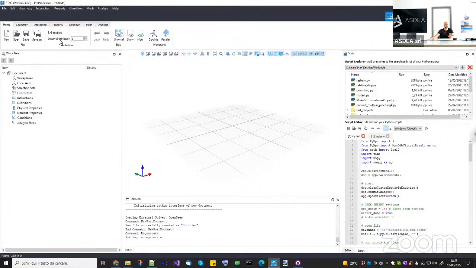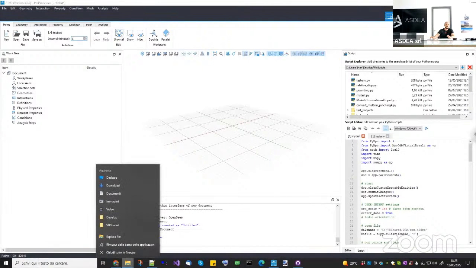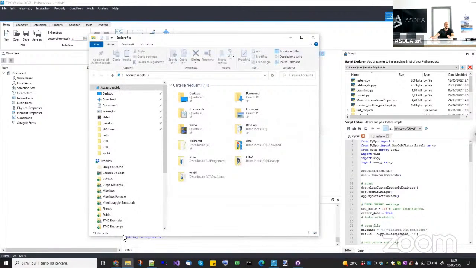Perfect. So now I have an autosave every 1 minute. Now I want to show you how it works. First of all, I want to show you where the folder with the autosave backup files is. You can find it if you go on the Explorer,